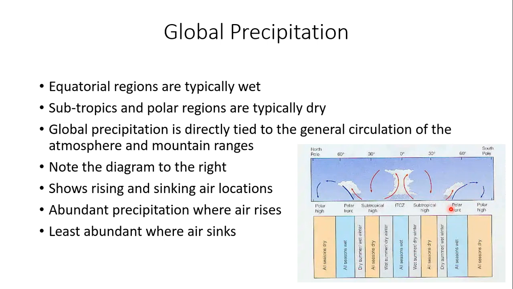and precipitation. And then, as the air flows in the upper troposphere, after rising at that 60 degrees north and south latitude point, the air then spreads out horizontally in the upper atmosphere before sinking again at 90 degrees north and south latitude at the north and south pole, and that is associated with dry conditions again with the polar high. So to summarize the global distribution of precipitation according to the climate, you would typically have a wetter climate